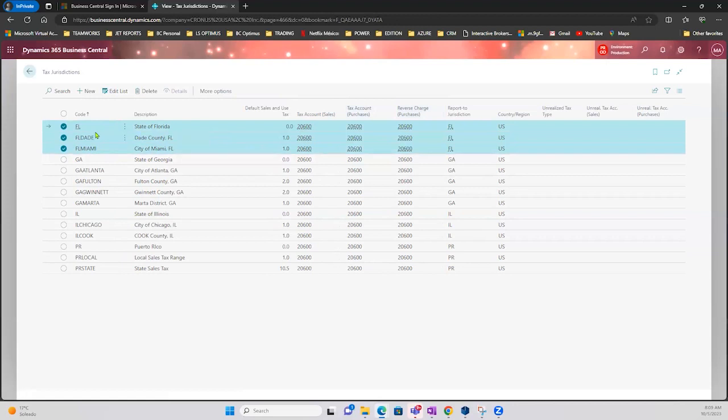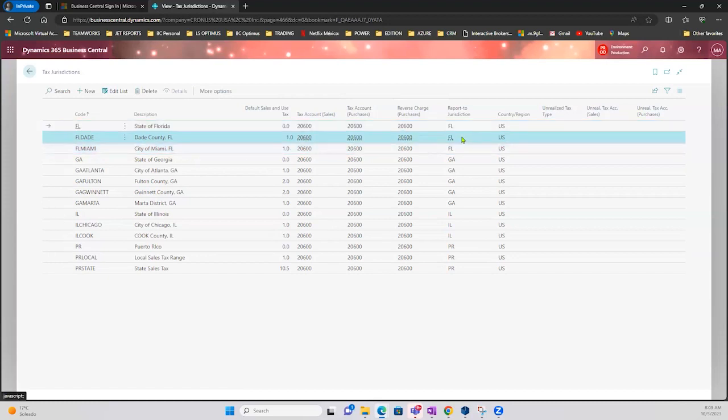So the idea as well, if you take a look at these three different lines, state of Florida, date, and city of Miami, they are reporting, well, actually these two, if you see here, Dade County and City of Miami are reporting their taxes to the jurisdiction that is FL or Florida in the US, right? So that's one of the reasons, and just to mention again, we are going to then work within the actual